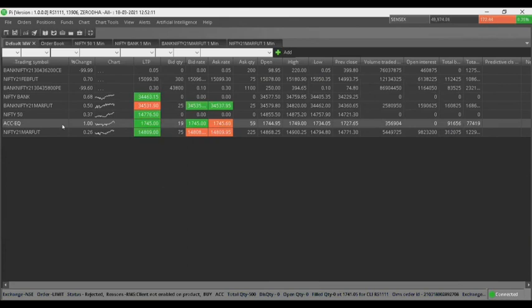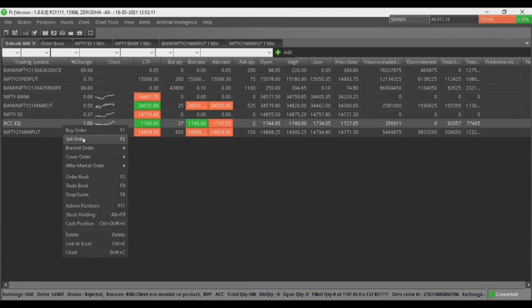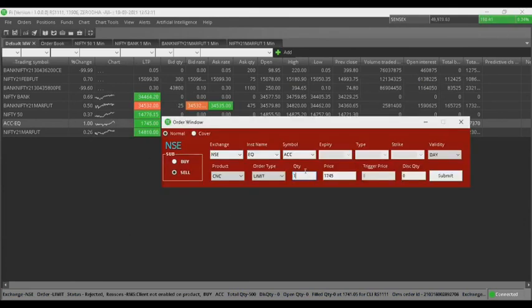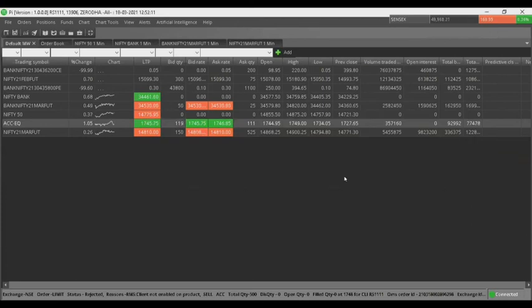If somebody has to sell it, they would simply have to go here, select this sell order, or a shortcut F2, and then put the quantity here. Suppose somebody wants to sell 500 of these and they are looking for more. Let's say they'll want 1748. So that's it. Then they press enter, and the order goes into the exchange. Now, once the orders have gone into the exchange, whenever the other parties match, your order will get matched. Basically that will be done by the computers now.